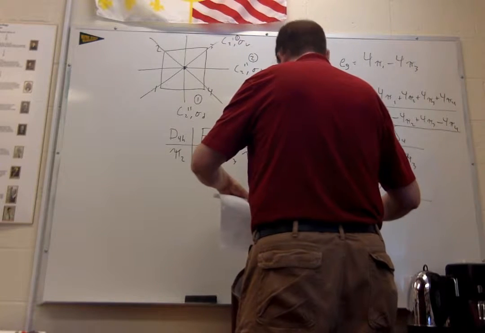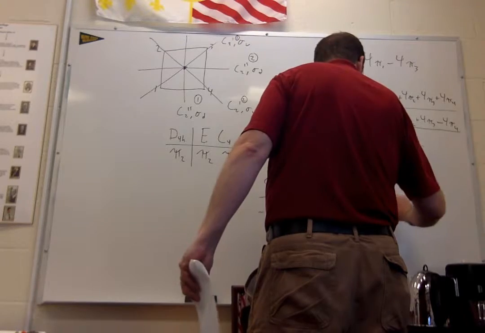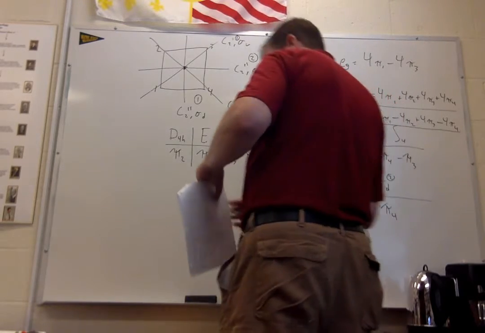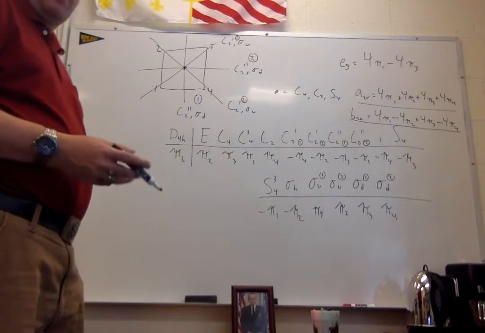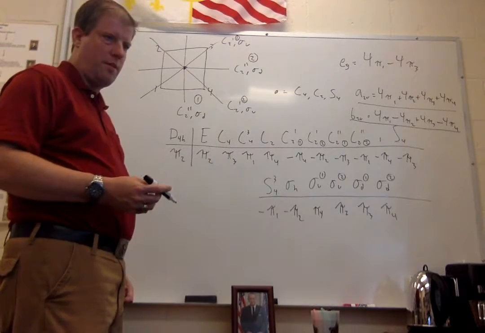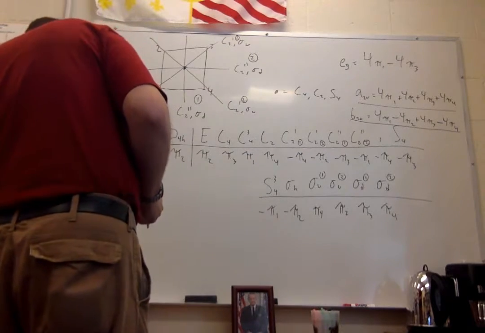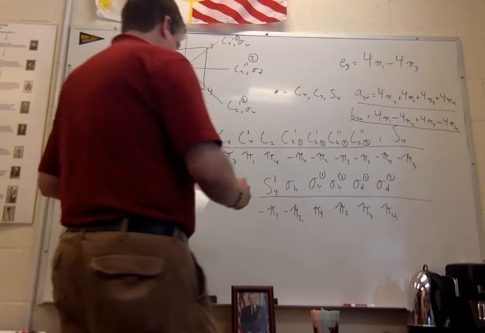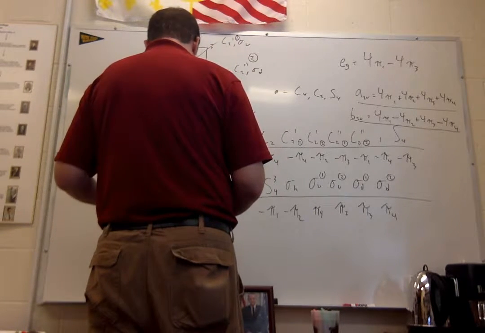Pi 4 and pi 2, pi 3, pi 4 for the other reflections. And so again, that's all there is to that. This will give you the other part of the degenerate set. And so if we multiply again by the characters for this,